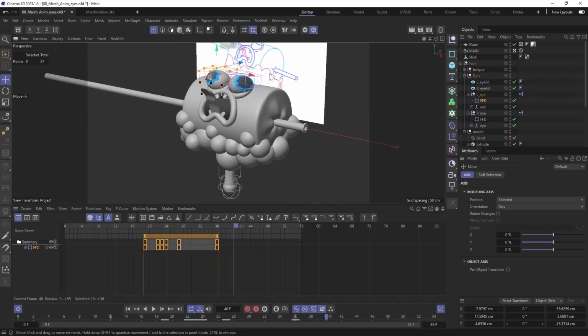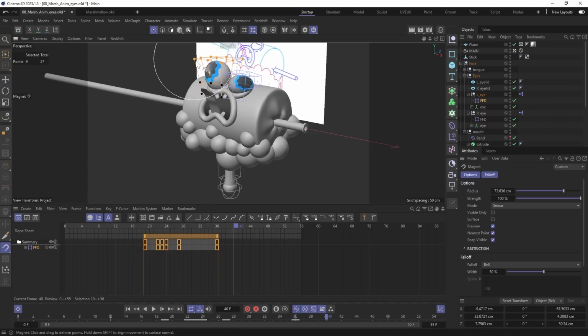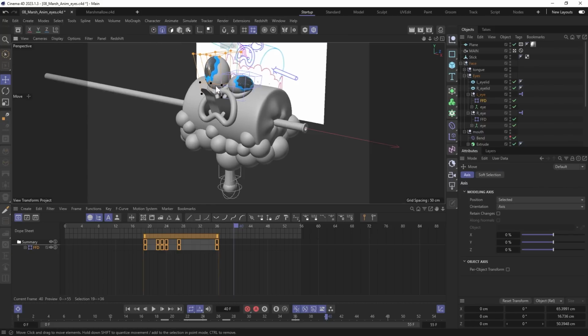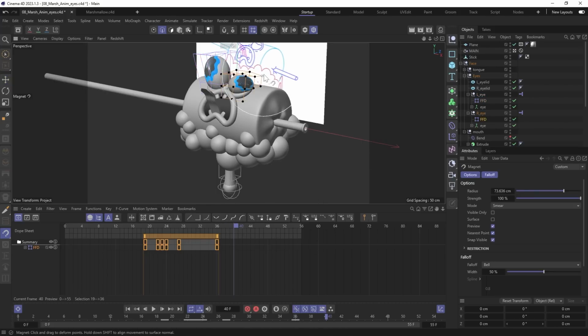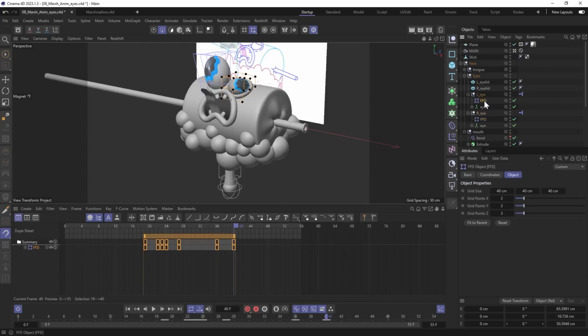And the final shape I'm gonna make in frame 40. I'll set a keyframe and then reshape the other FFD. I think it's too slow, so I'll adjust the timing.